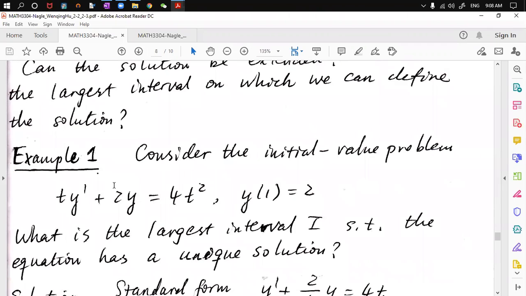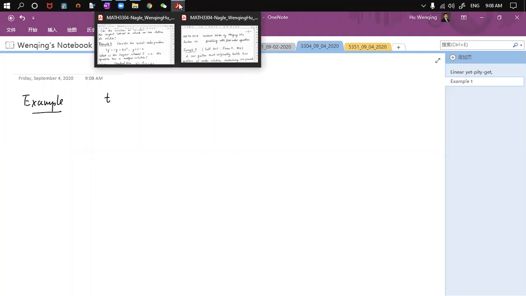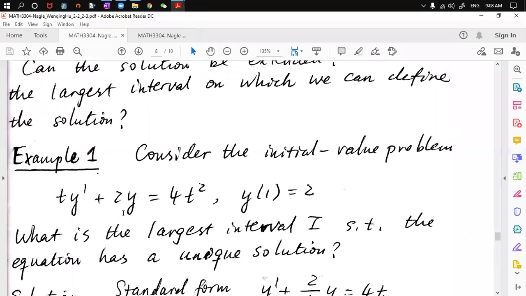Okay, so to start talking about all these things, let us consider the following initial value problem. That's a very nice example that we might need to take care of. This one says t y prime plus 2y is equal to 4t squared, where y(1) is equal to 2. So t multiplied by y prime plus 2y is equal to 4t squared,